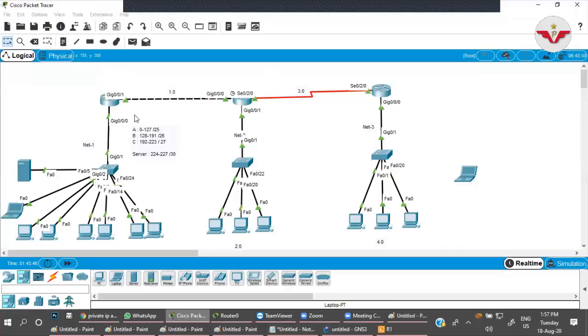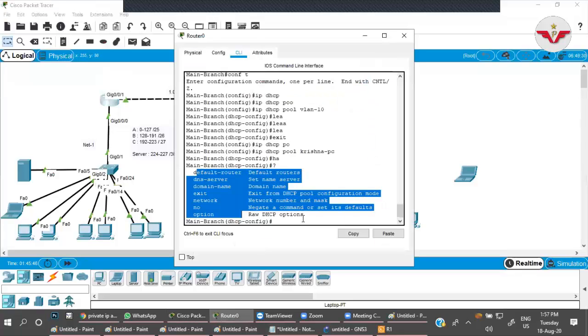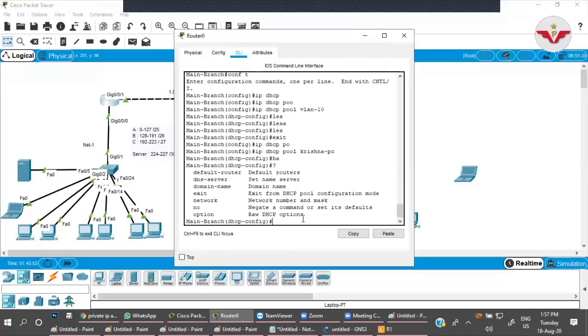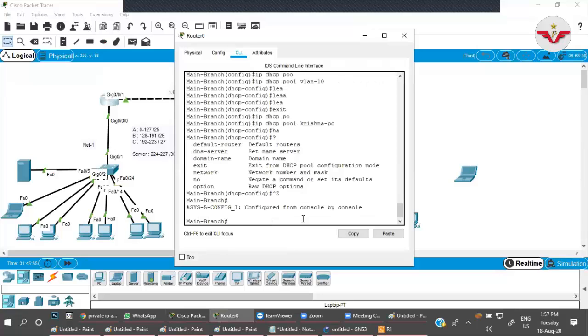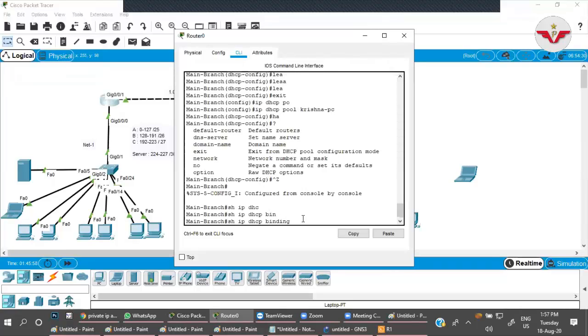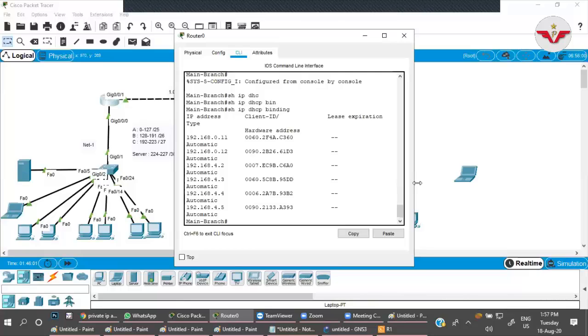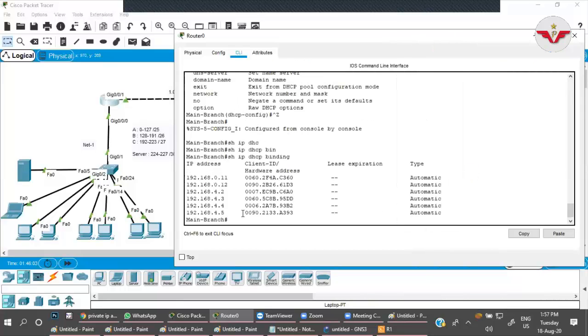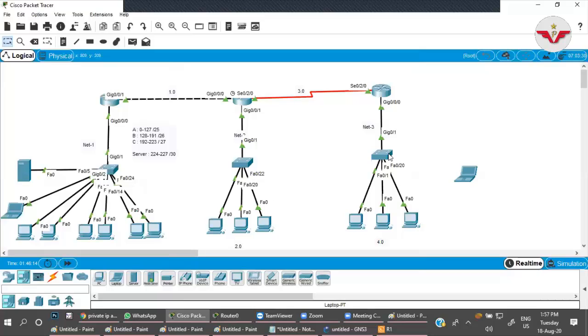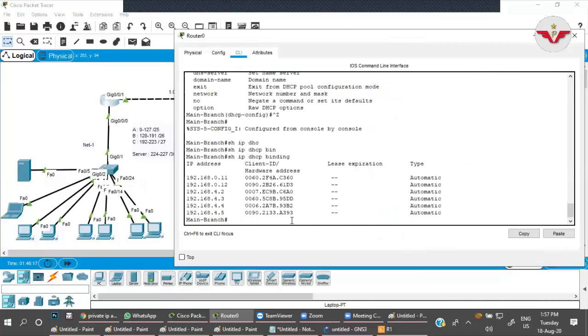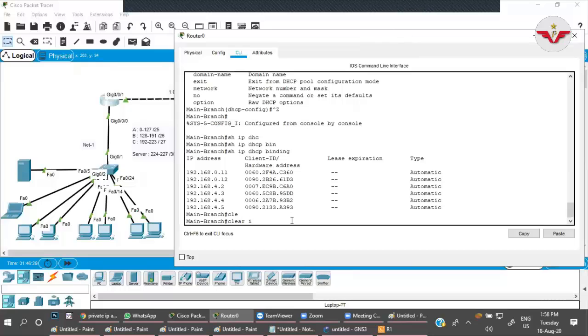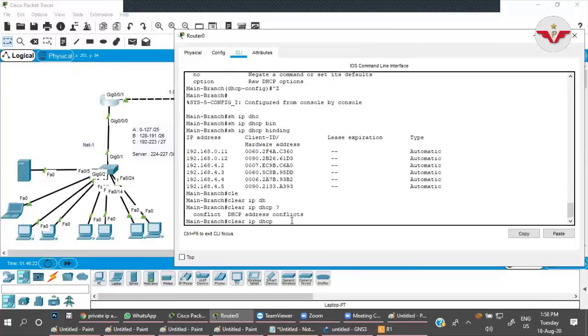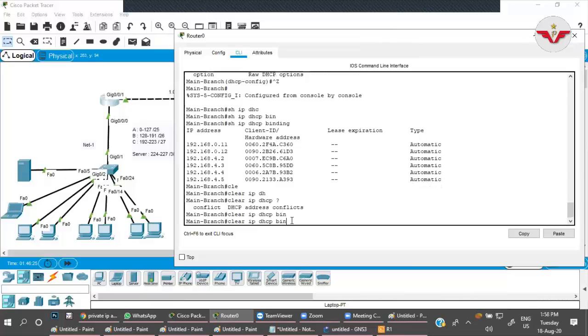Suppose I'm checking here show IP DHCP binding, we can see these are the IPs which are getting bound, correct? I want to clear the binding for 4.5, which was this switch, correct? So clear IP DHCP binding, conflict or binding, it's not working here.